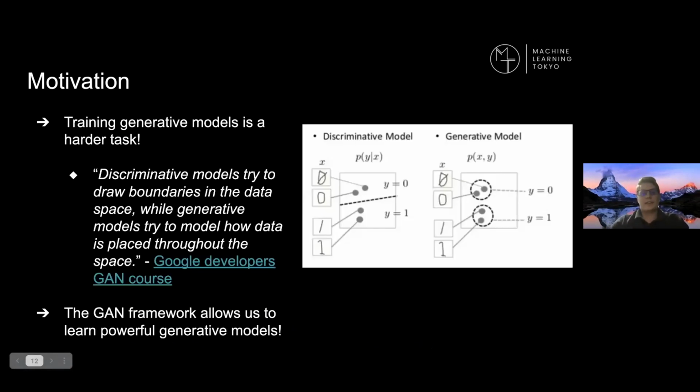So the motivation, again, is to generate data samples which resemble the initial distribution, but training a generative model is a harder task than training a discriminative model. Here I'm mainly going to follow the Google Developers GAN course, which is really great and one resource I highly recommend, where they nicely explain how GANs work. In this course, what they are basically saying is that